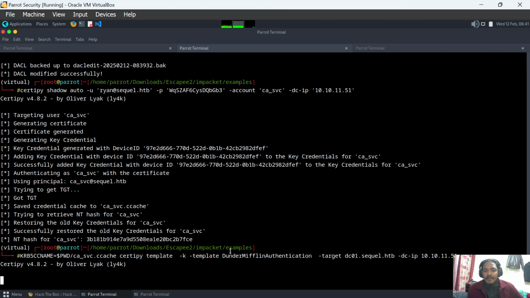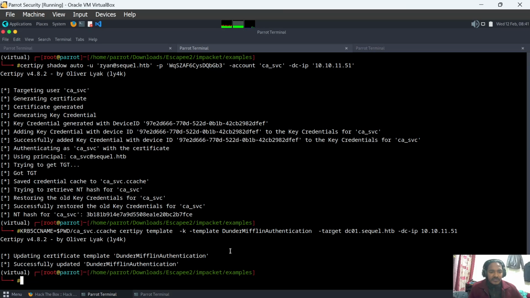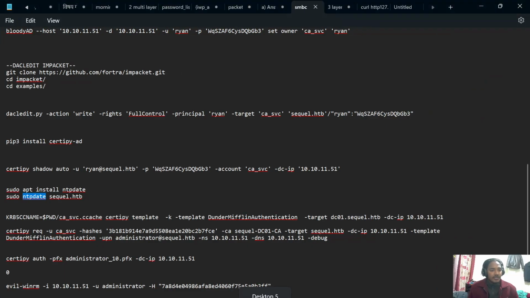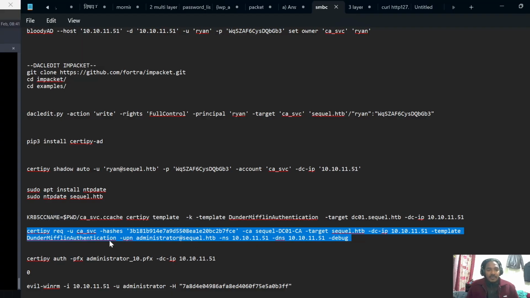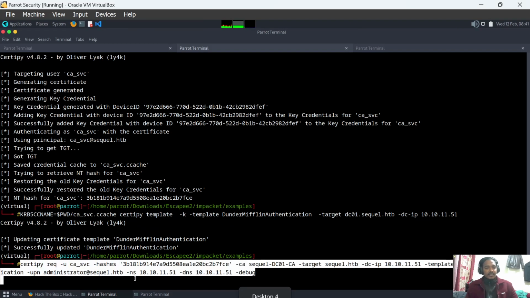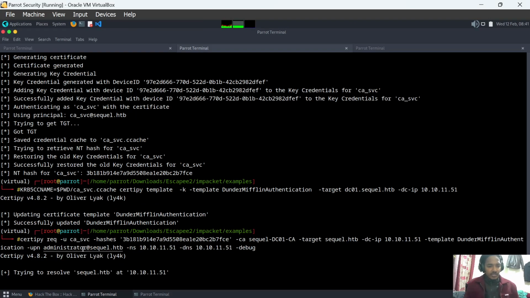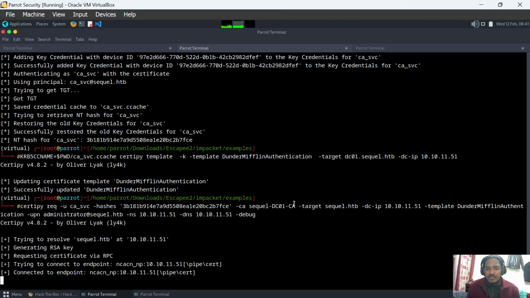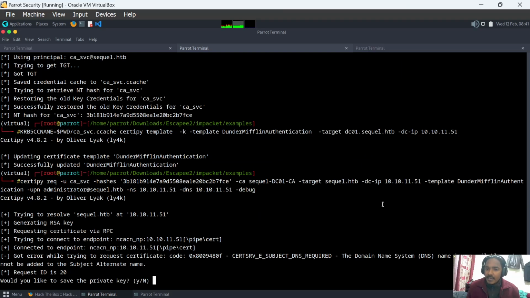Certify template-key target EC01 successfully updated to this authentication. Now we have to exploit it. This is the command which would give us the administrator access or the hash to it. So this database hash is here, and the SQL is for this, and the domain IP, and yes, I would like it,